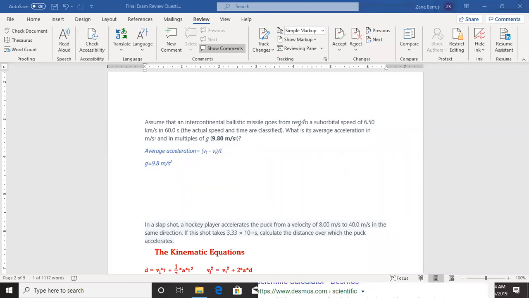So my final velocity is 6.50 kilometers per second. My initial velocity, I have to infer a little bit. They said it started at rest, so my initial velocity is going to be 0. So if I take my 6.50 and minus away my initial velocity of 0 and divide that by the total time of 60.0 seconds, this should give me my,